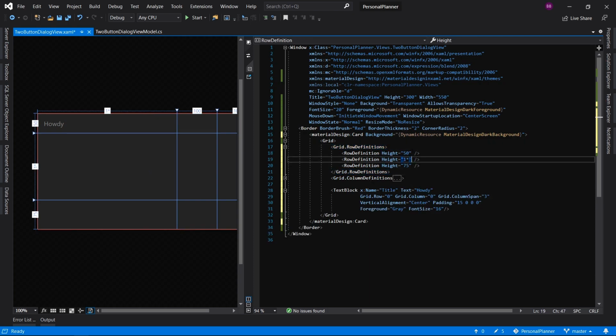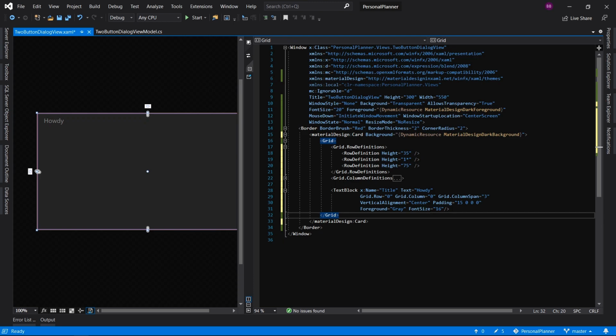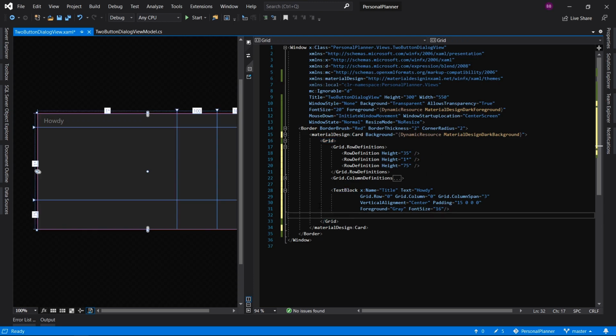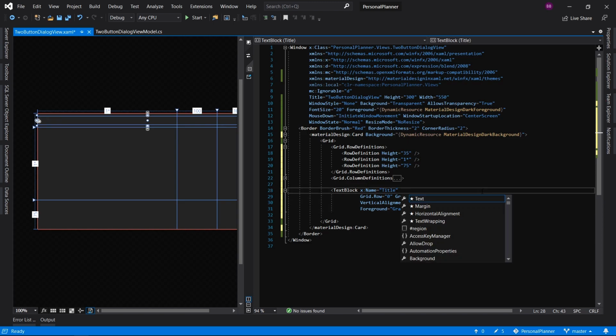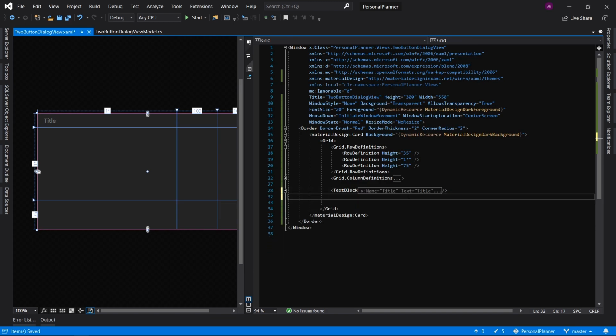Now that also shows me that this doesn't have to be quite so big. So let's set this to maybe 35. Yeah, wonderful. So, next thing, let's just close this, take out that text of howdy, set it equal to title. And then next up, if I just collapse that and collapse my row definition,